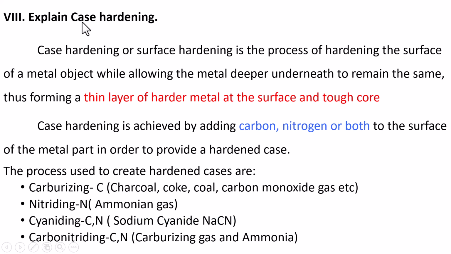Next question: explain case hardening. Case hardening, or surface hardening, is a process of hardening the surface of a metal object while allowing the metal deeper underneath to remain the same, thus forming a thin layer of harder material or metal at the surface and a tough core. In case hardening, some materials require certain properties